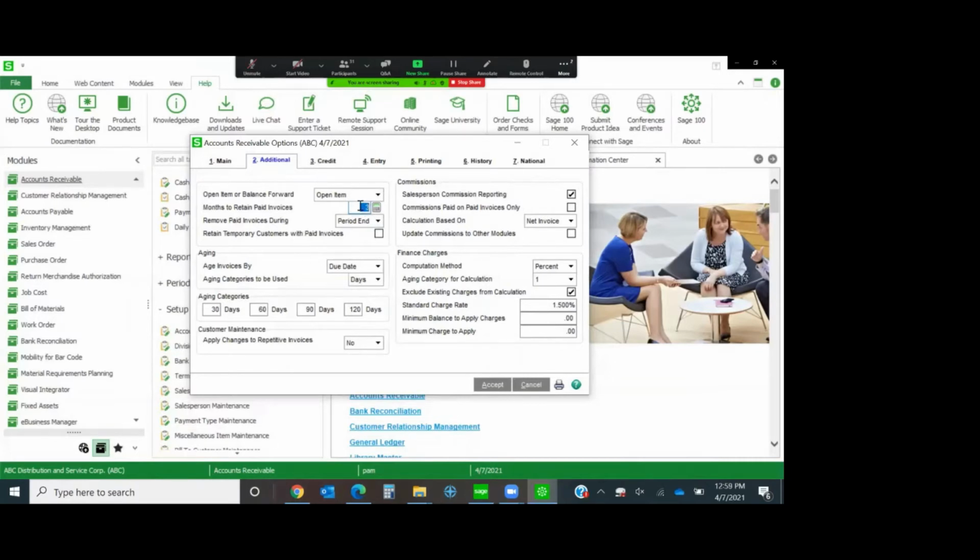Now, kind of stepping back, when I went into here initially, it was set to 3 months. If I set this to 3 months and I do period end, it's going to remove any of those paid invoices more than 3 months ago. There's no way to get those back unless you're restoring from a